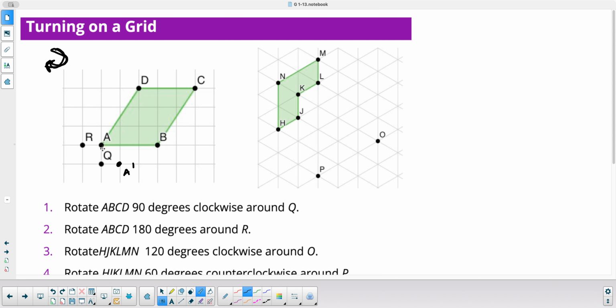If this is 1/3 for my slope from Q to B, a 90 degree rotation is going to be perpendicular. It's going to be -3/1. You're going to change the sign and flip it. So I'm going to go down 3/1. It's going to be somewhere down here